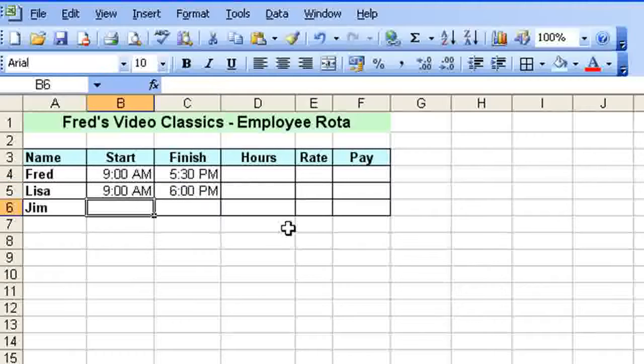And I'll just add in Jim's hours as well. So he comes in at 9:30 AM and he leaves, let's say, who knows, well, let's say he goes at 5:30 as well. So 5